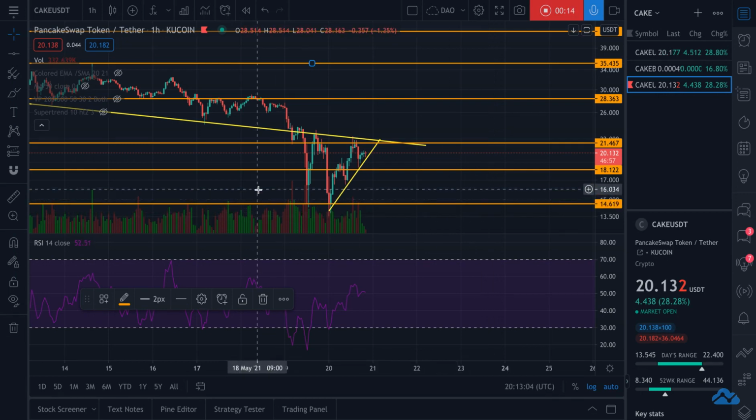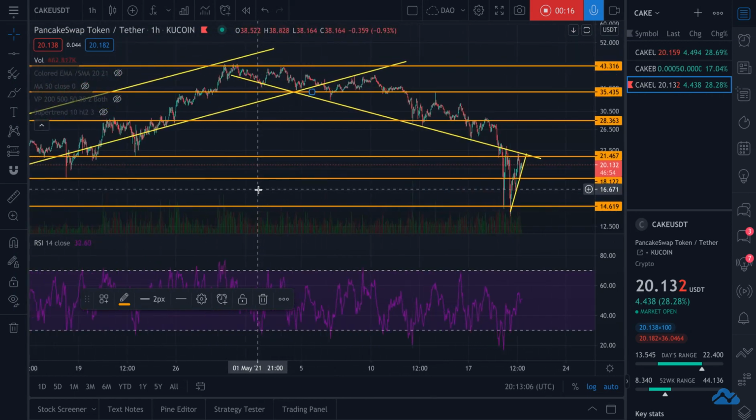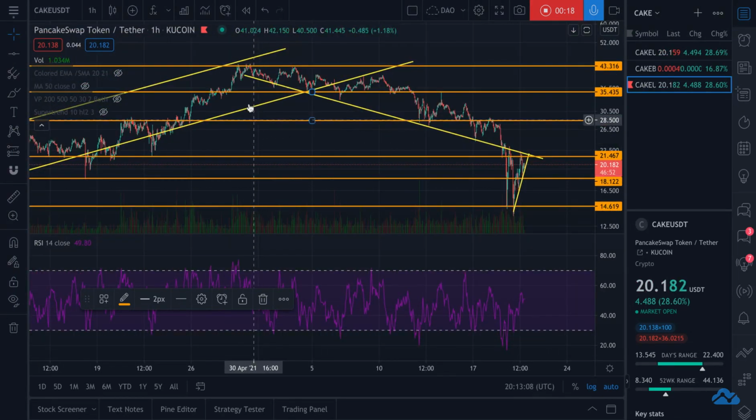Looking at it versus USDT, we have a downtrend line here from its high of around 44. And it pretty much has held this as support all the way down to where we are today. Then it broke through it, and that's where we saw the huge dip down to 14. It came back up, then used it as resistance, which then catapulted it back down to around 13.75.